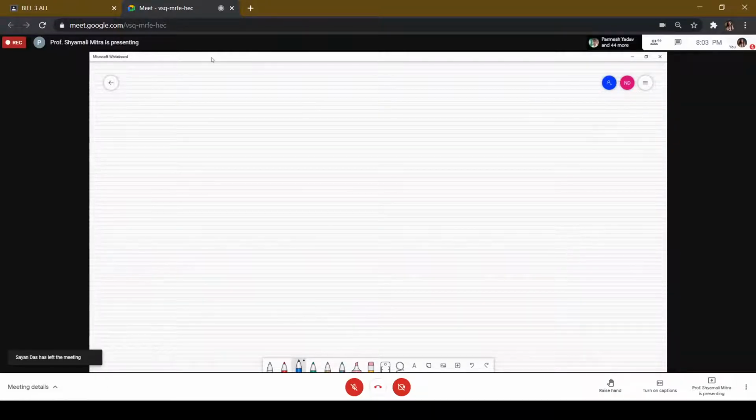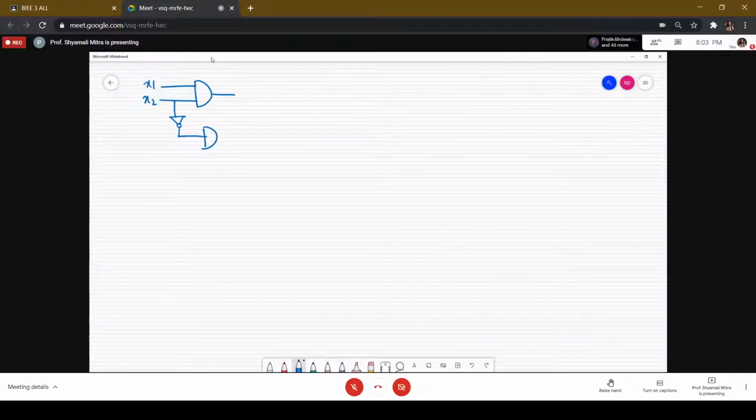Let us take an example of a simple logic function, consisting of, say, the inputs x1 and x2 to the AND gate. Then here we have a NOT gate connected, which is again going to the input of another AND gate. And say its other input is x3. Now the outputs of these two AND gates go to an OR gate.